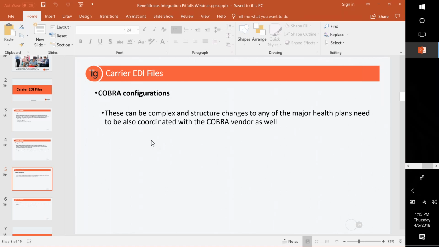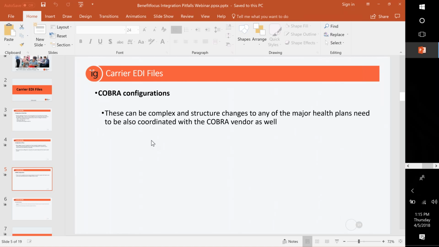COBRA vendor, say it's WageWorks, and you have a medical vendor in Aetna, and Aetna then needs a structure change mid-year. Let's say the company acquired a small company and is going to add a quick plan for 6 months until they can get everybody integrated into the bigger company. So maybe a quick COBRA configuration change is needed, maybe a quick medical tweak is needed. And then that actually needs to be tested out with your COBRA vendor and your COBRA configurations as well,